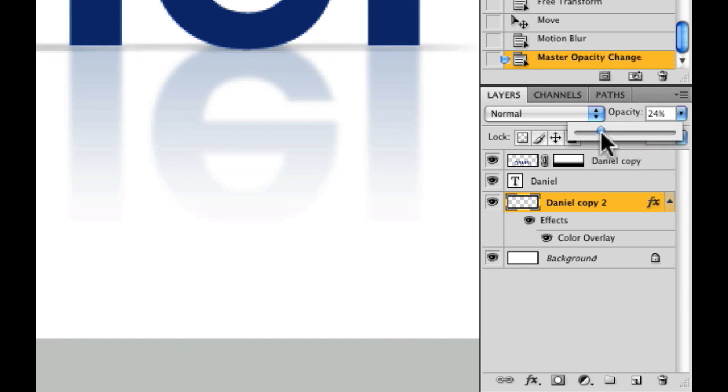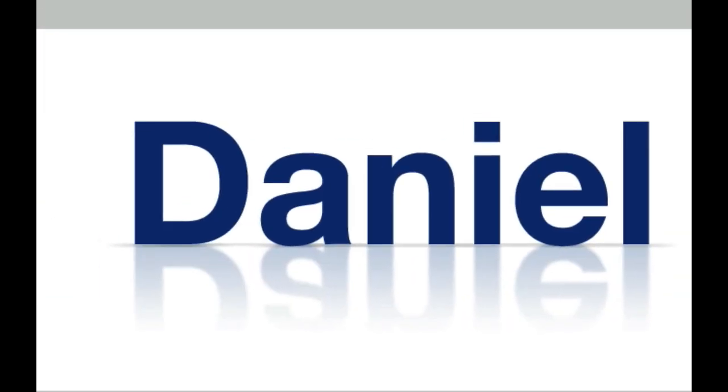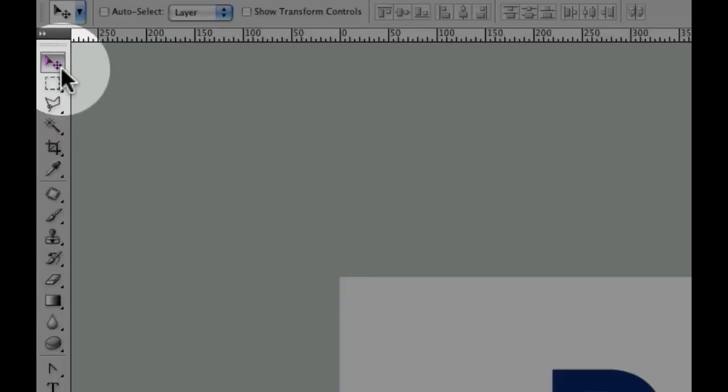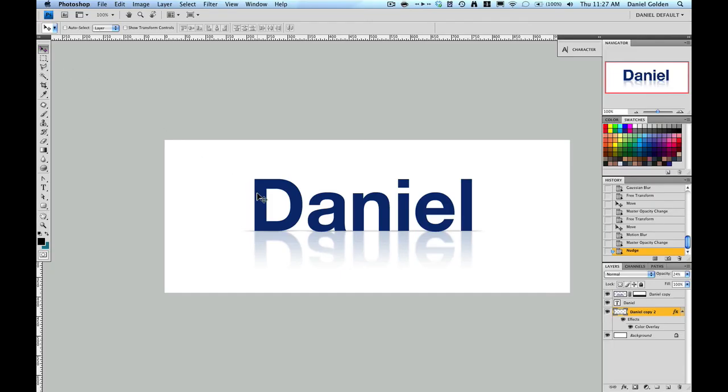Turn it down a little bit, and zoom back out by pressing Command minus. Move our shadow up a little bit by pressing the up and down keys. You can kind of nudge it in the way that you want. Just make sure you have your move tool selected. And that looks about right for me. Now, the last thing that we're going to do today